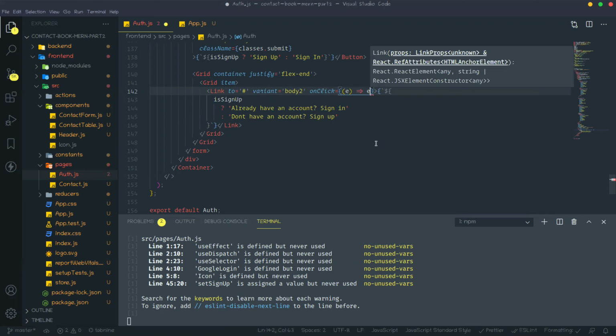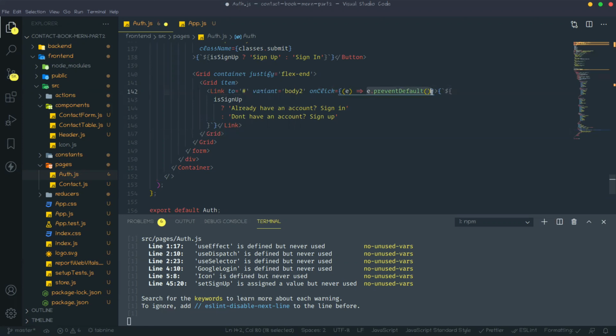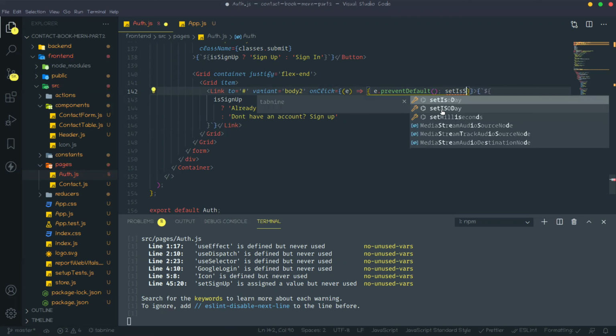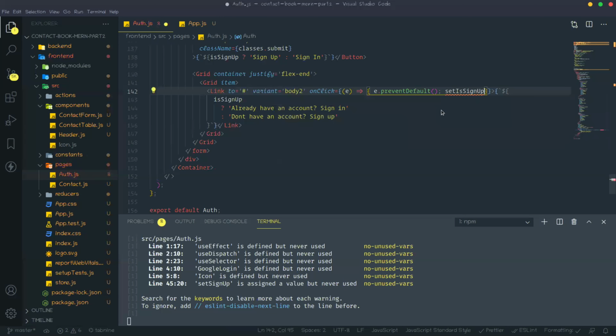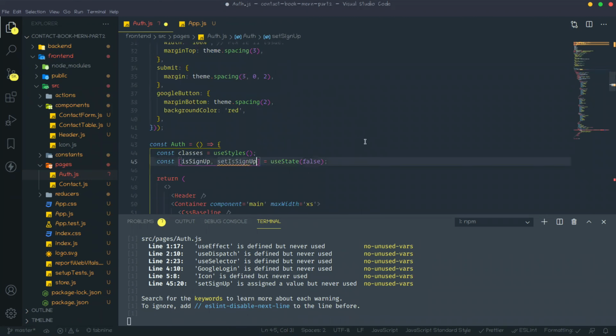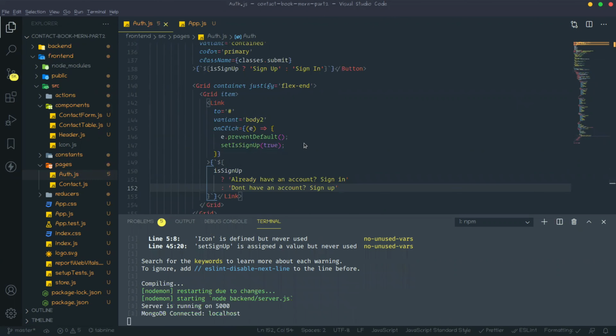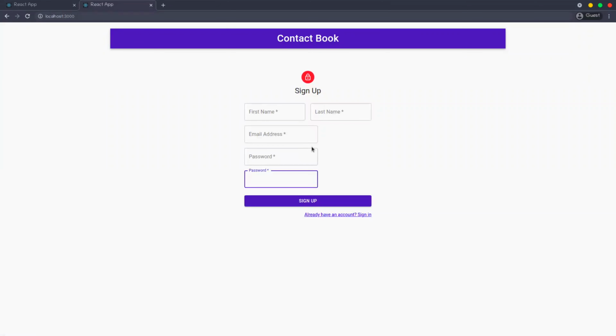In this function, first prevent the link's default behavior, and then set is sign up to true. Okay. Now let's go and check whether it is working.